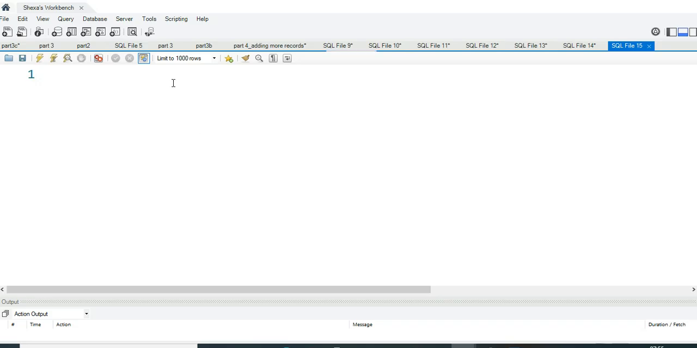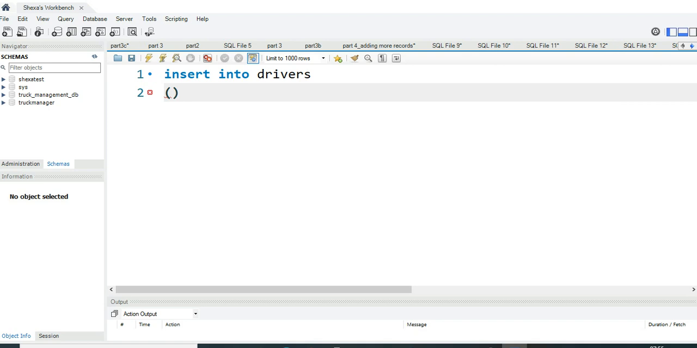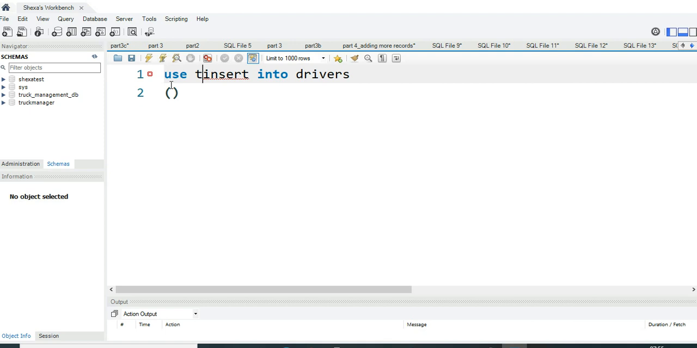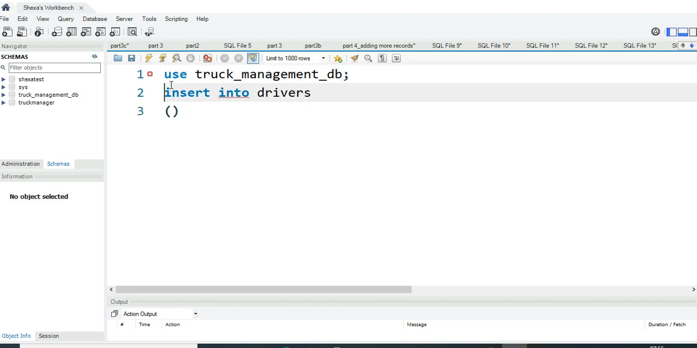So let's just do this in a very quick and fast fashion. So let's insert into drivers. I will rush this process because I am sure that everybody understands what we'll be doing. So what I want is, let me first use the truck management database,